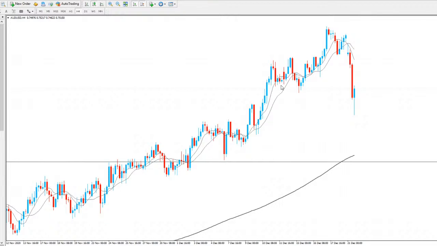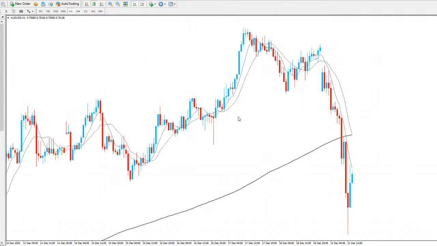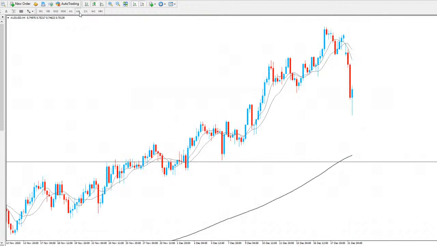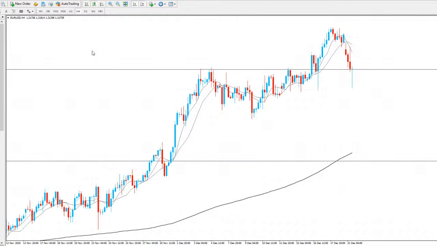So it's looking like we potentially could be having a reversal here for AUD and be seeing a longer push to the downside. And as you expect, you do expect to see some retrace in the market. It looks like we're pulling back up. So probably going to find some resistance there and then look to continue to the downside. I still think AUD's got a lot of room to move to the downside, but again, we're going to be seeing some retrace before that happens.